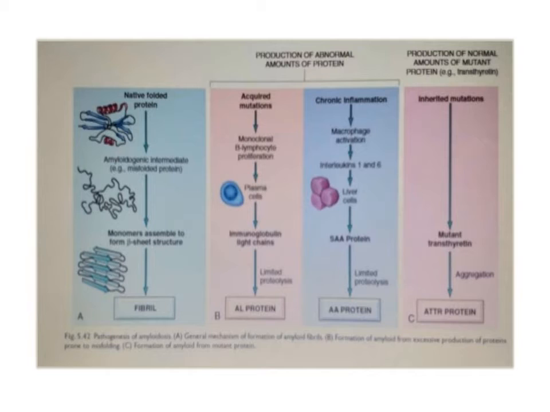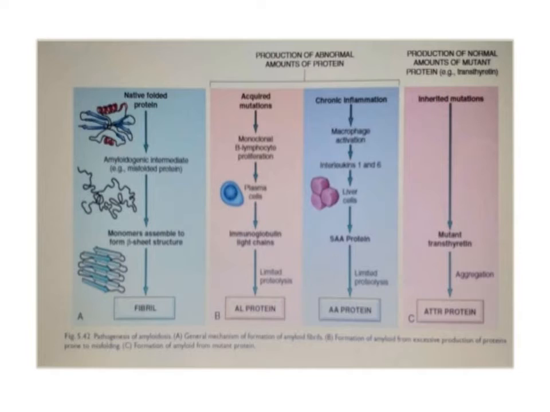Chronic inflammatory conditions like tuberculosis lead to macrophage activation, which causes release of certain cytokines like interleukin 1 and 6, and that acts on liver cells, which synthesize serum amyloid associated protein, to undergo further degradation, and there is limited proteolysis of this protein, and this protein gets deposited in various organs as AA,